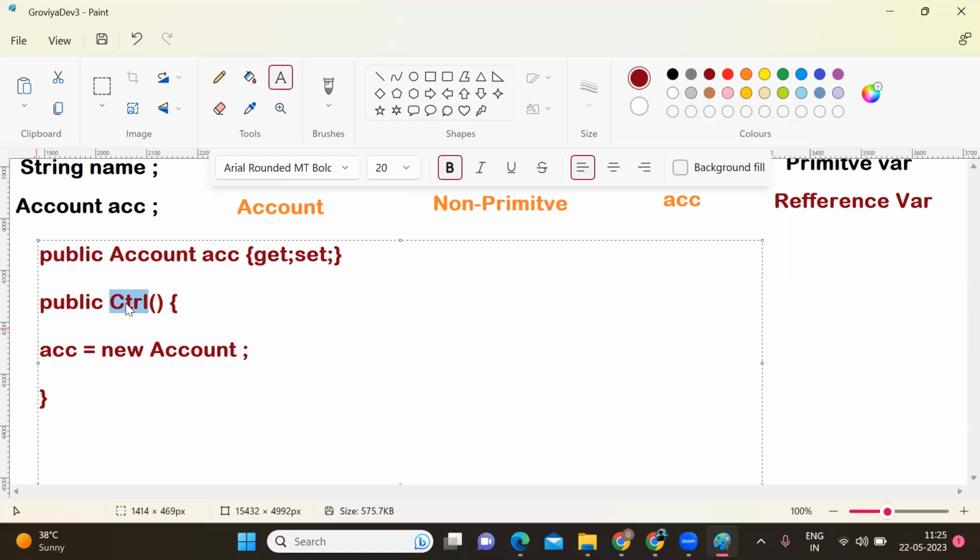ठीक है मैम, रिकॉर्डिंग देख के बताना। मैंने बोला था प्रिमिटिव डेटा टाइप से जो वेरिएबल होते हैं उनमें हम डेटा स्टोर करते हैं। इसमें जो रेफरेंस वेरिएबल होते हैं उनमें डेटा स्टोर नहीं करते, रेफर करते हैं।